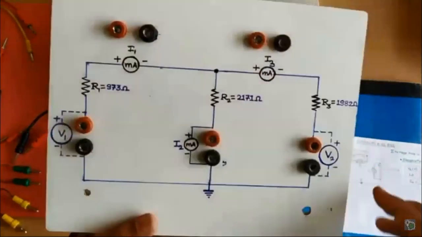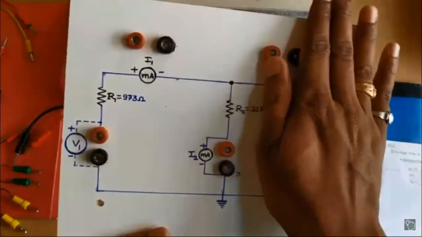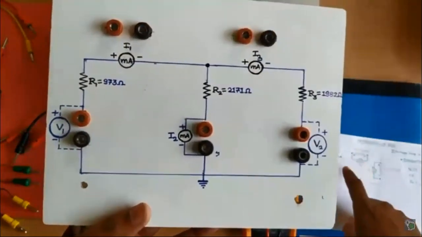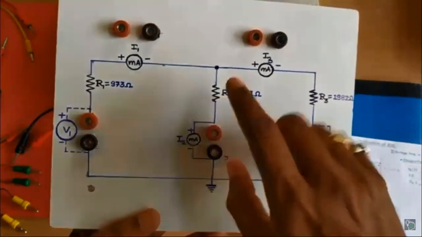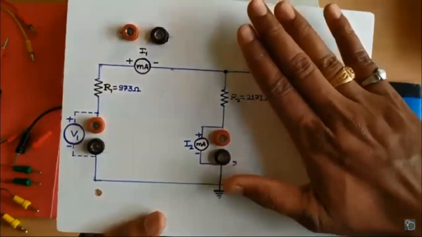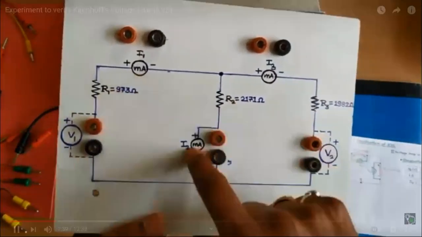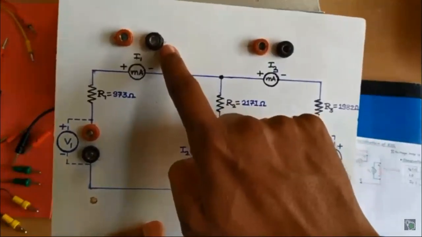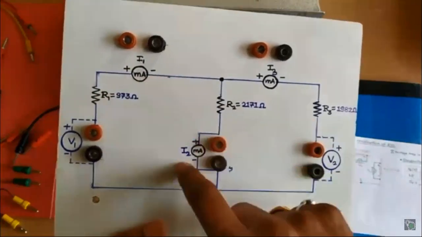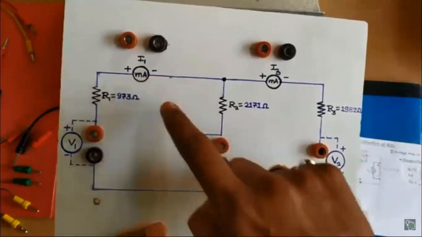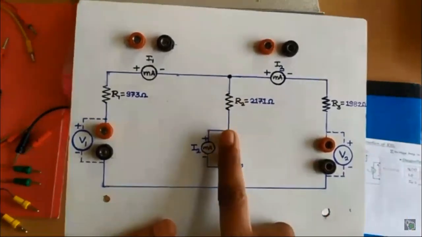Now this setup consists of two loops, but I am not using the second loop because as per our circuit diagram we are considering only a single loop, with only R1 and R2. So this part we will not consider. At this point we will apply 10 volts, and in order to measure the loop current, we will use this ammeter. This other ammeter we are not using because whatever current flows through R1, the same current flows through R2, so we do not need to measure I2.